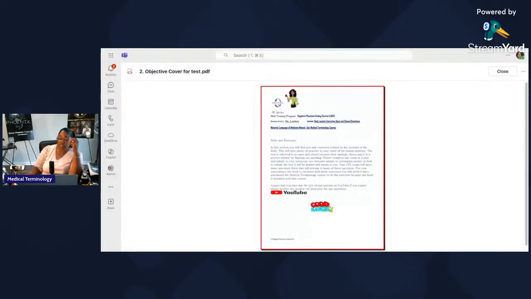This is because I can't show you in the Language of Medicine book that they have in Elsevier. I'm going to the Sapphire portal. So this is the Sapphire portal. Some of you who missed this, this is the syllabus that we actually use. So when I first start medical terminology in the classroom, this is what we go over. They can go in a classroom and look at this as many times as they want to.